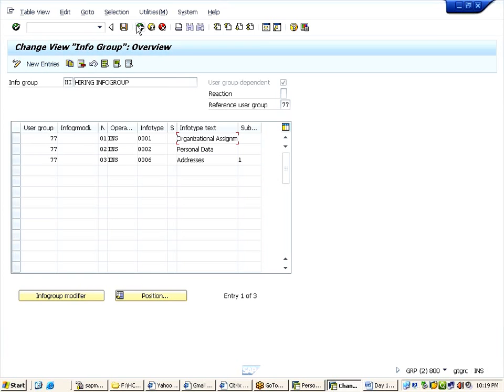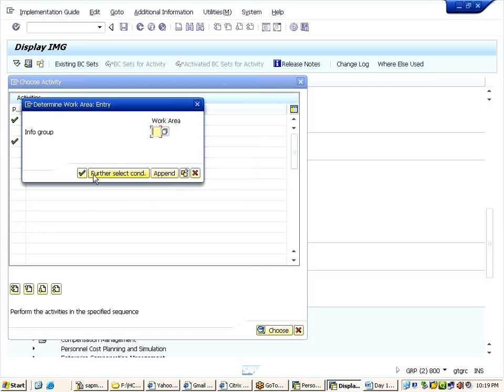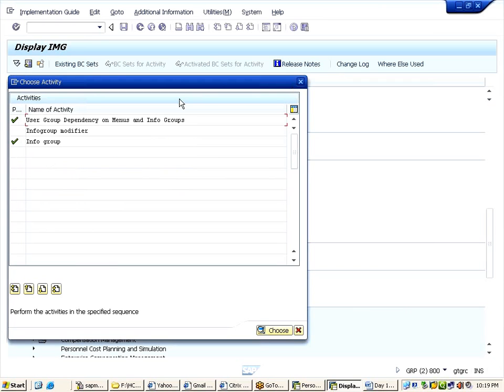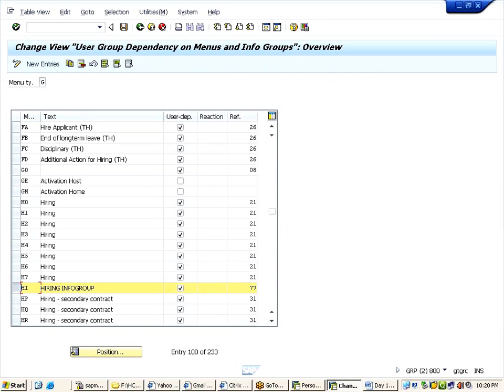Okay, the first one you were able to see, right? The hiring info group which I created, the first step. Yes. I created my hiring info group with 77. Yes, it was clear for me. Venkat, my request is if you can go right from the start, because the screens were really not following you, at least for us. Same for me. Yep, please.